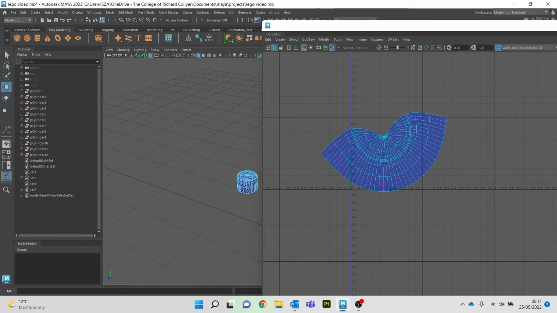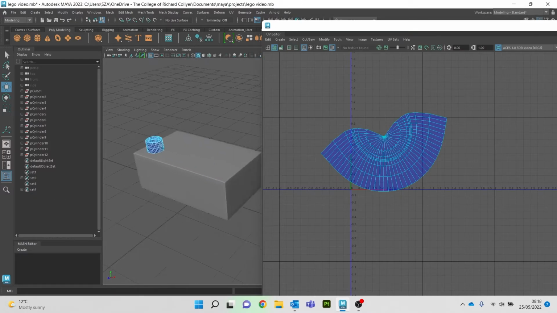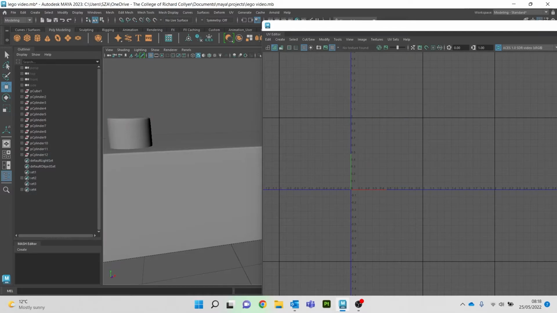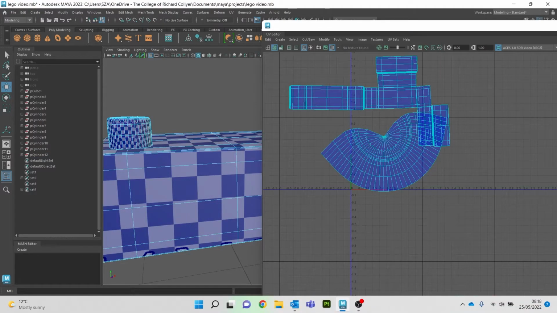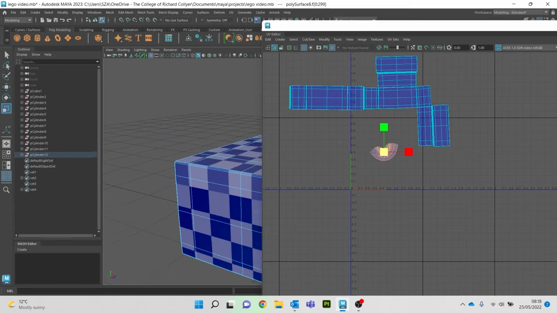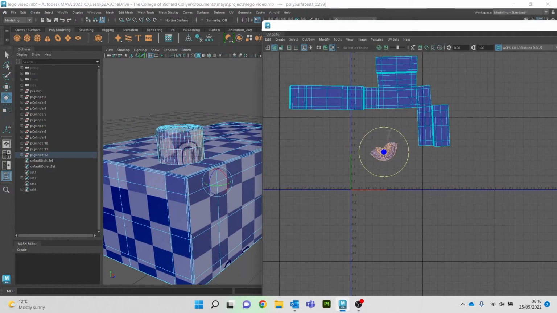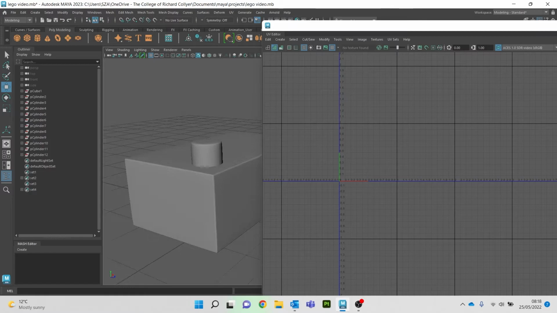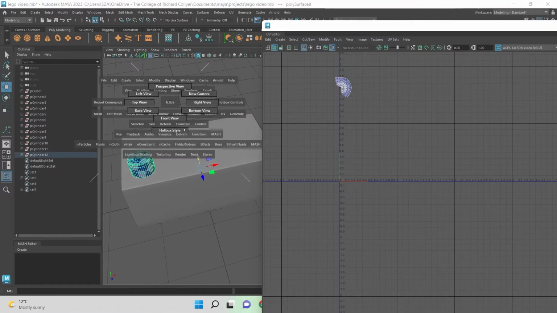So then if I Control 1 to bring that back, go to object, select both, and you see now that the squares are different sizes. Okay, so this is where we've got to make sure they're the same size and scale. So that's where we then have to right click, hit R to scale, drag up and get them to be the same size. And E to rotate to make sure it's looking right. Once we're happy with that, move that up,